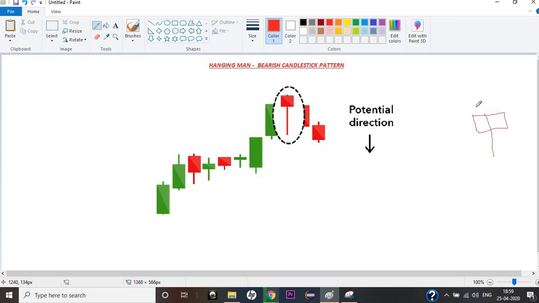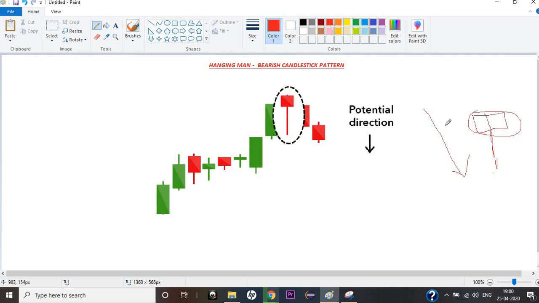You can see a man. This is the man, and you can say the upper body is the neck, and the stick acts as the body, and it looks like he's hanging in the air, like a suicidal candlestick pattern. We can say that because after that the price is going to go lower. So it's a suicidal candlestick pattern, guys. If you have a position in place and you encounter this candlestick pattern, just exit your trade then and there. It's good for you then.